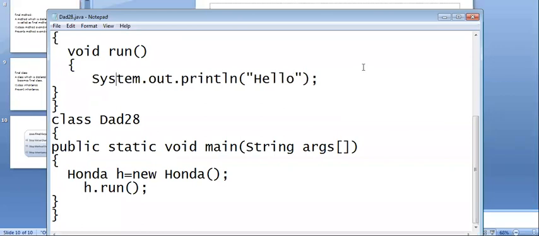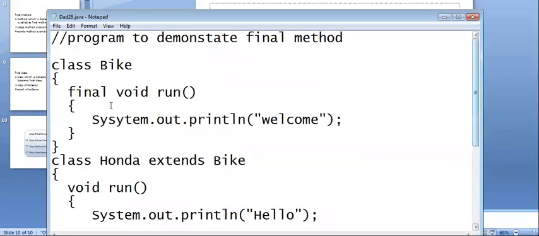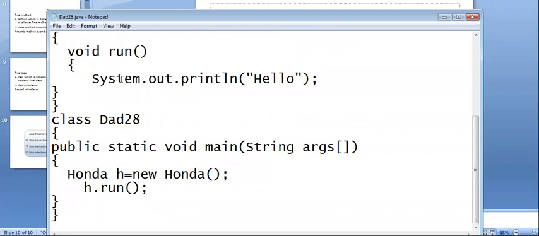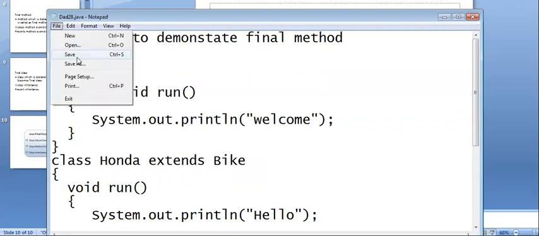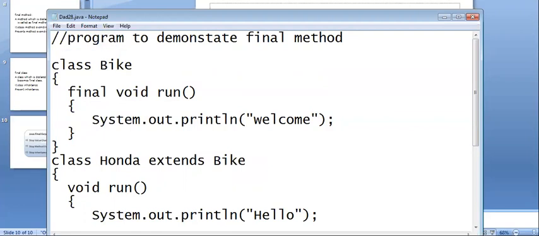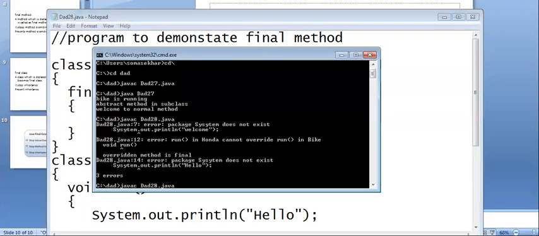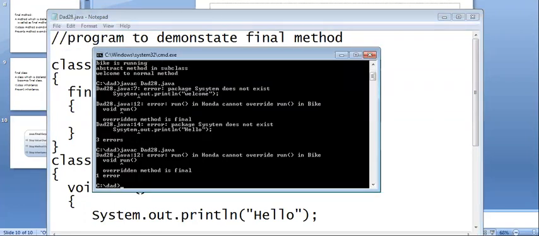That's some problem, system is wrong here. So now I compile the Java code.